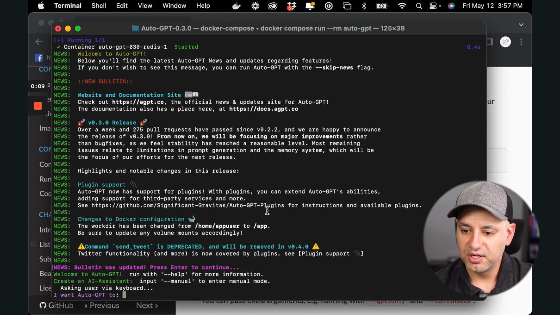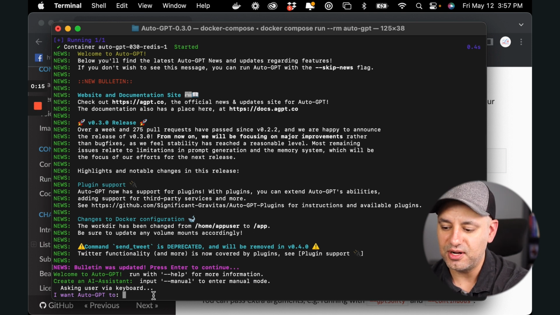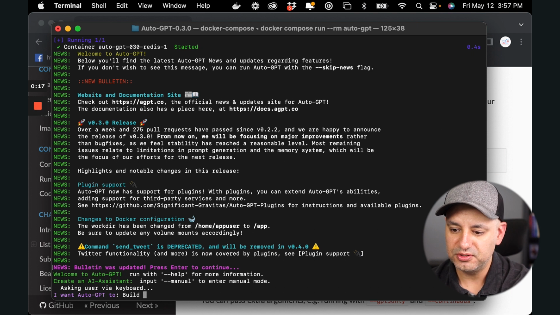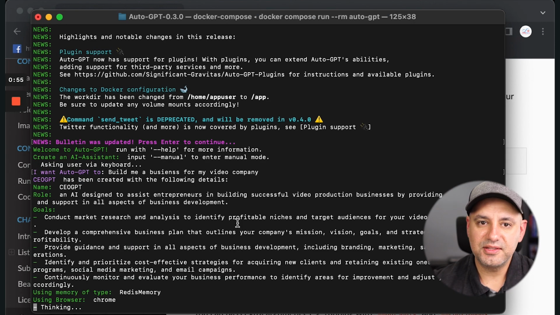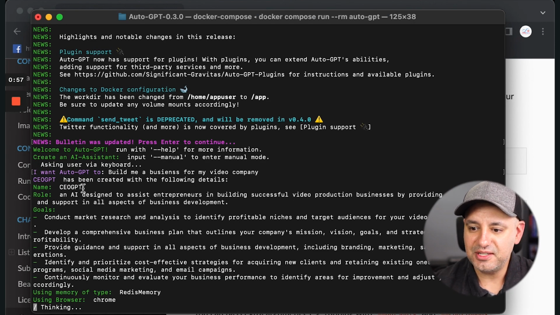I'll press enter. And then it says I want AutoGPT 2. So this is basically the task I'm going to give it. I want AutoGPT 2 to build me a business for my video company. And in this case, it's basically named it CEO GPT. The role is an AI designed to assist entrepreneurs in building successful video production businesses, providing expert guidance in all